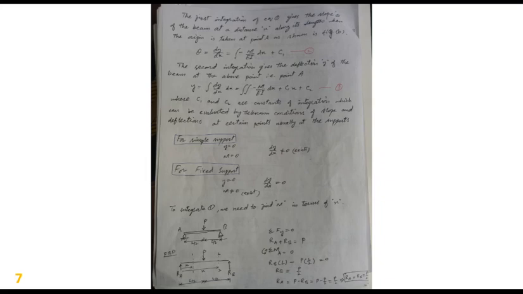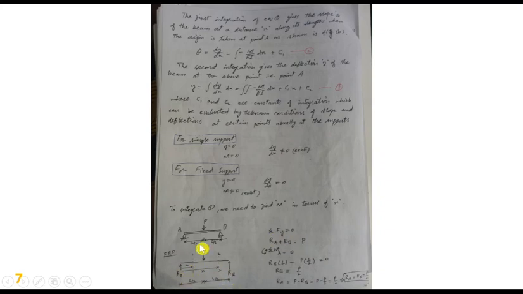Bismillahirrahmanirrahim. Continuing lecture number 15, we were discussing this simply supported beam carrying a load P at midpoint. So first of all, we will draw a free body diagram, and this is the direction of RA, RB.